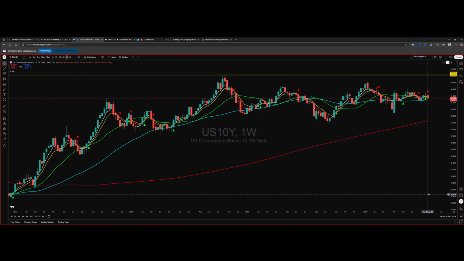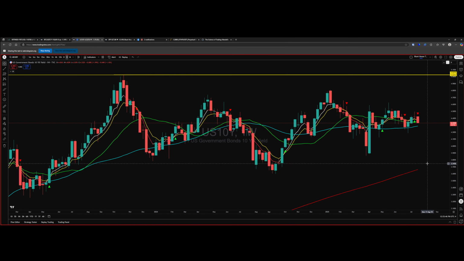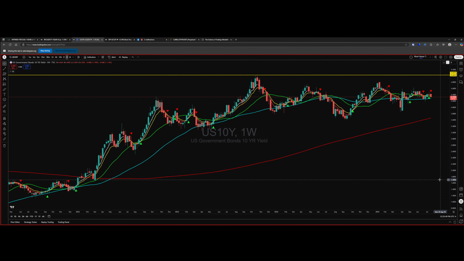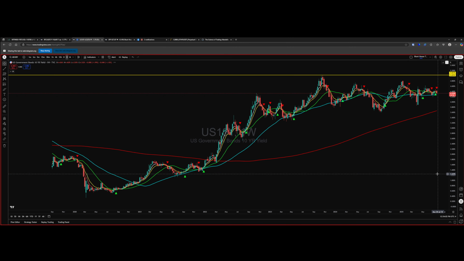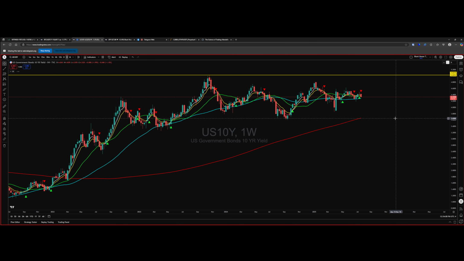And when we back the truck up and we look at the weekly, what do we find? Well, here we are, grinding between the 20 and the 50 MA. Sideways. And what do we know about sideways price action? That when it unloads to the upside or the downside, it's going to do it with some meaning. And I don't think this is going to be any exception. Downside risk, 200 weekly, or downside opportunity, depending on how you want to trade it. But that's your level, and then to the upside, there's 5%.